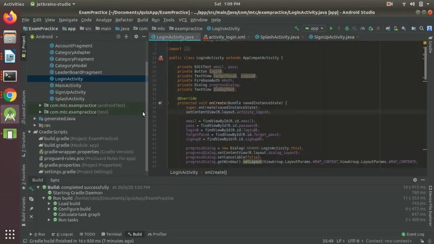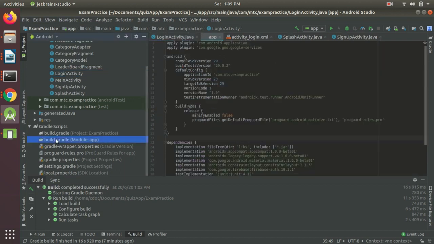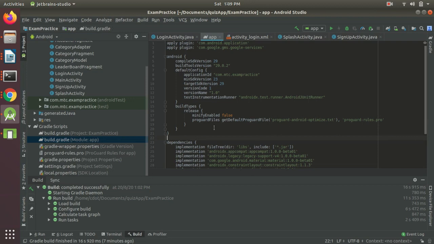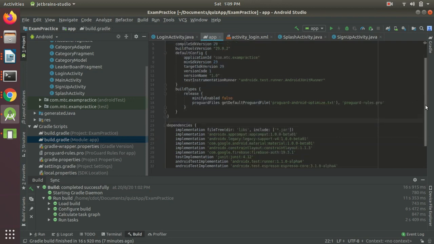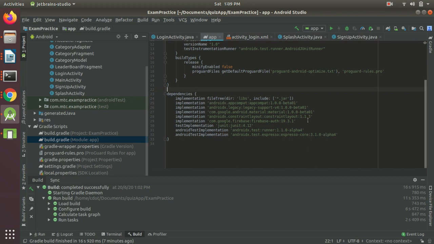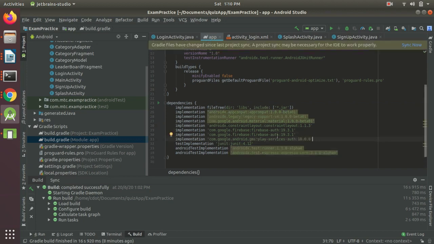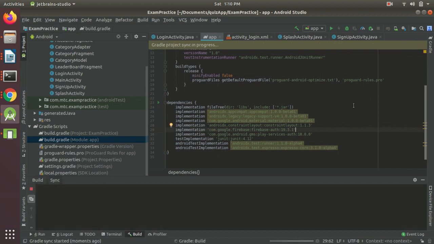Here go to the build.gradle file, app level, that is this app module gradle file. In this we have all the dependencies, so we'll paste the dependencies that we have copied here. Okay, we already had this authentication dependency, so we don't need this again. We need only this play services authentication dependency. Okay, now click on this sync now button. Now let it sync, it will take some time. Meanwhile go to the